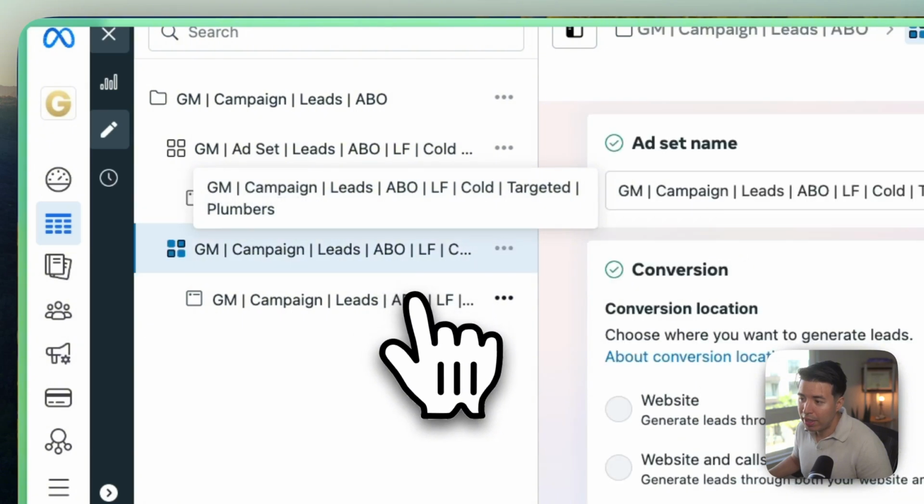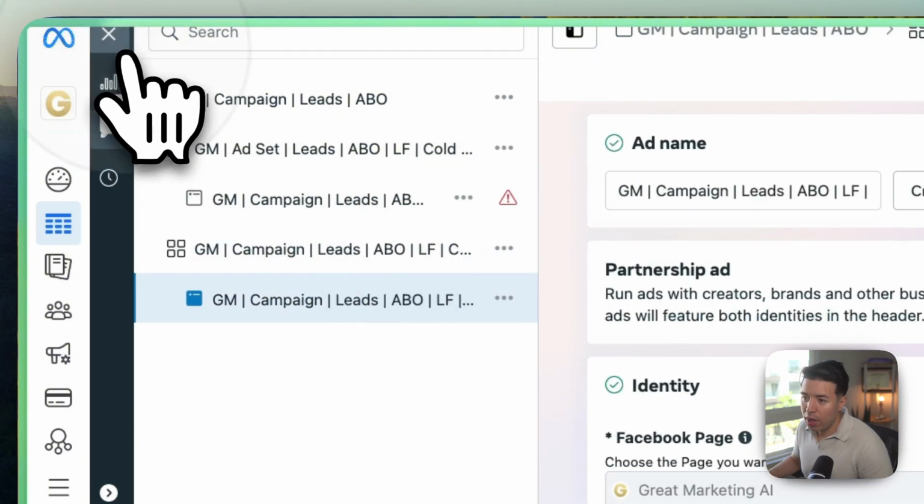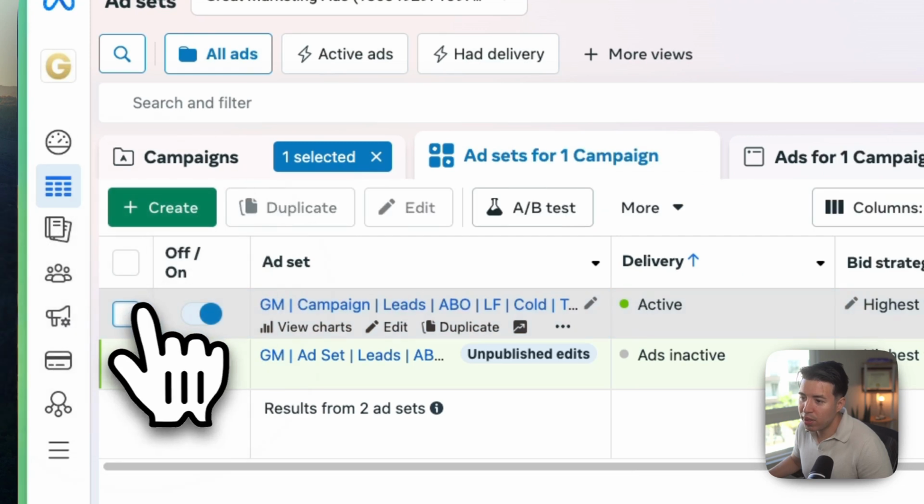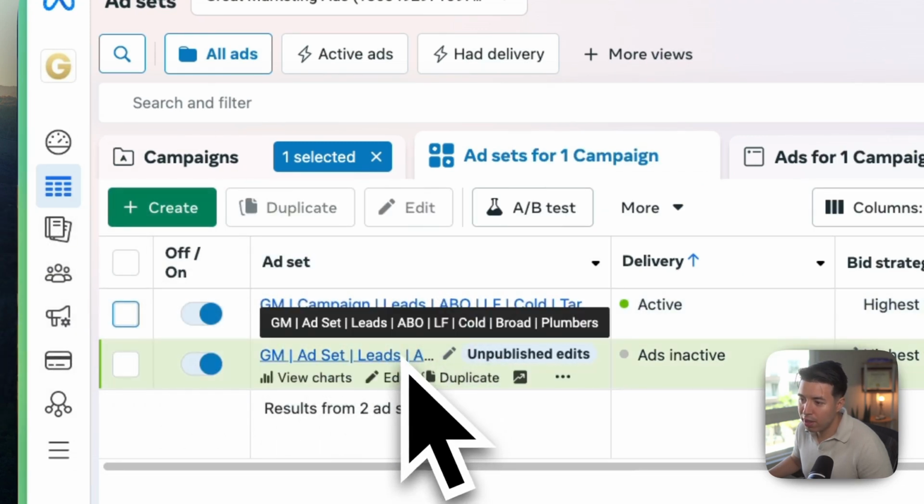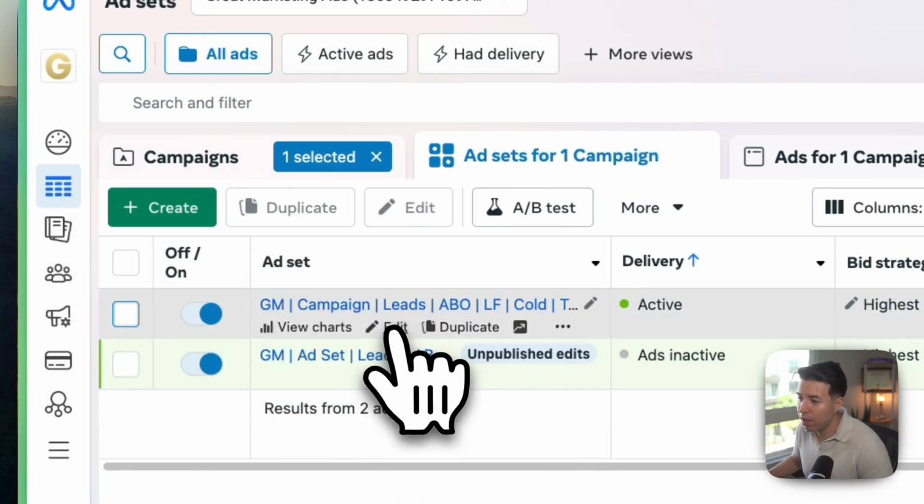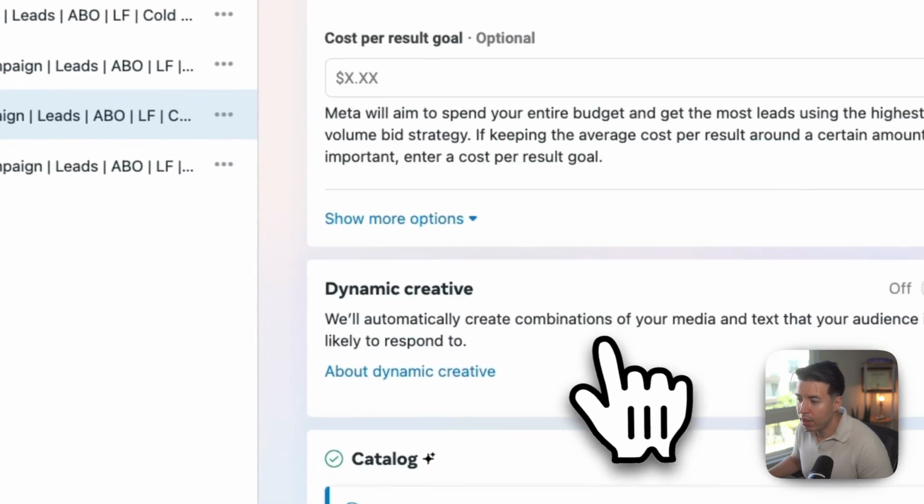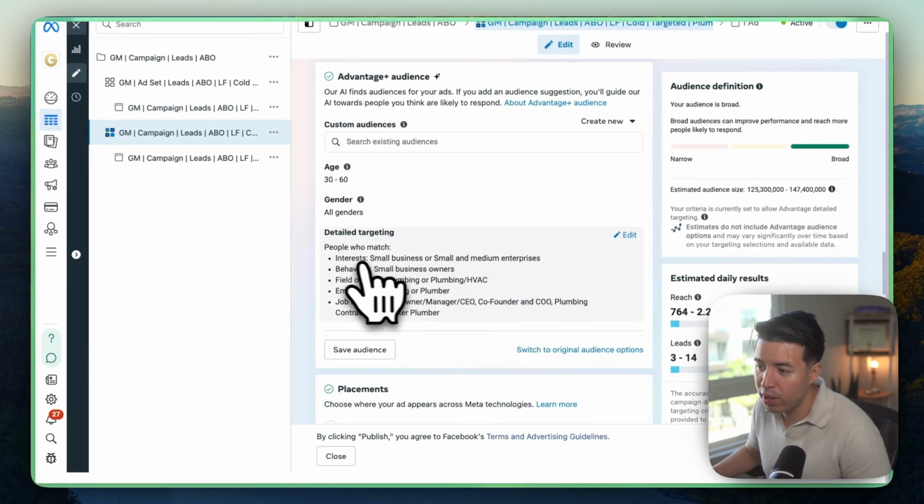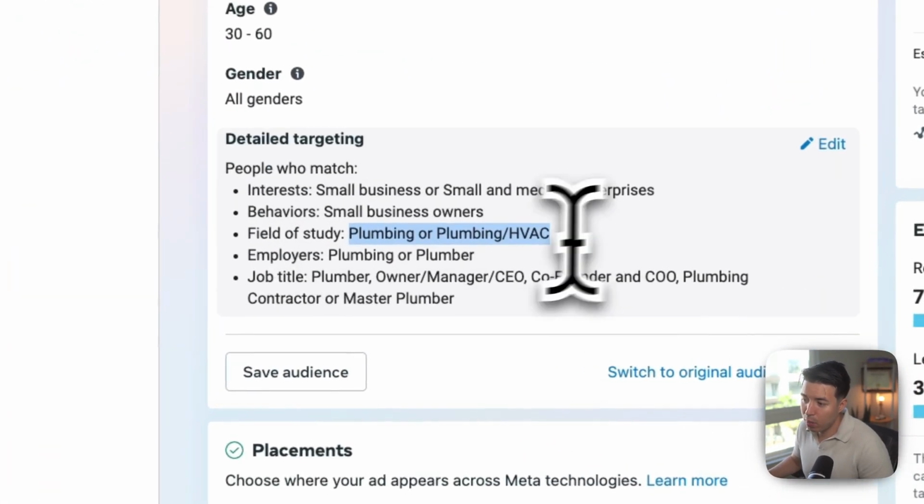So at this stage, what we're doing is we're really just testing audiences. So this is just a simple example of we can do that, but you can see here, this was the more broad one. But if we look at this one here, if we scroll down, it's pretty much the same setup, but we have more interests. So not only are we targeting plumbing